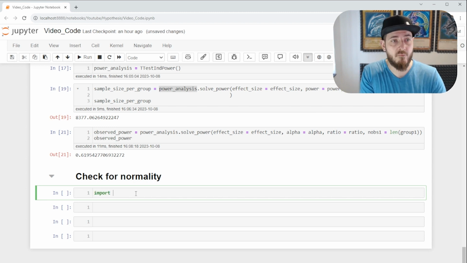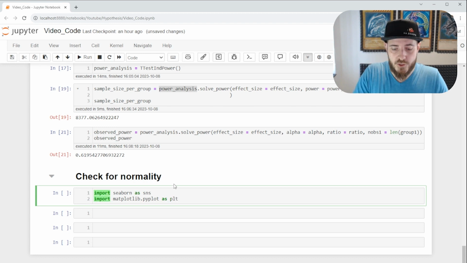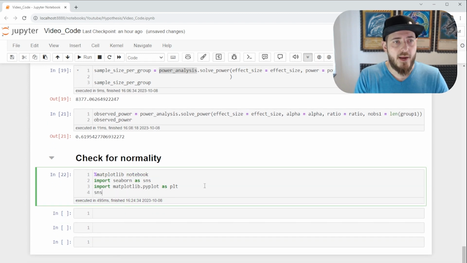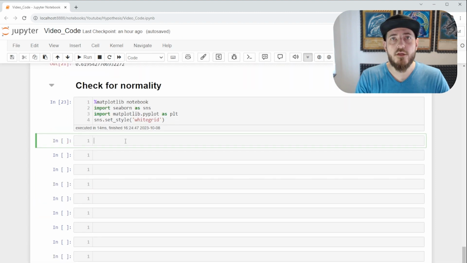Let's go ahead and import Seaborn as SNS, and let's import matplotlib as PLT. Another trick you can do is write %matplotlib notebook. Bam. I like to do SNS set style, and let's do white grid. Like, this is all cosmetic. We're gonna use a plot called KDE plot. It goes something like this: